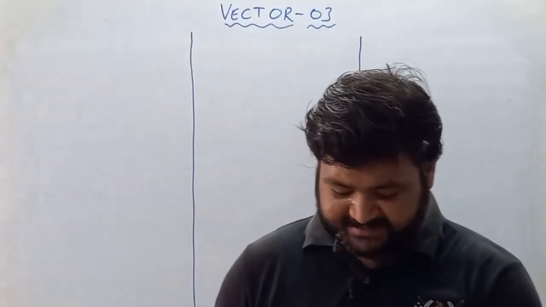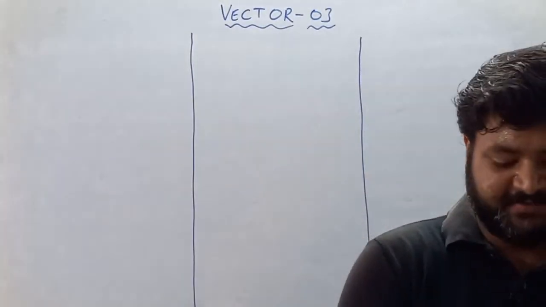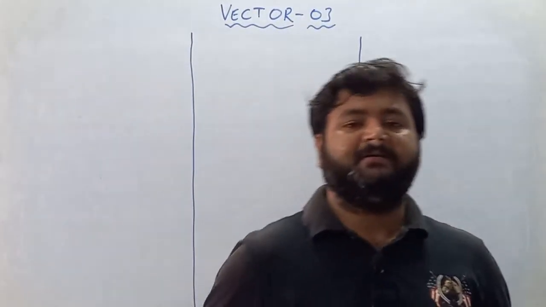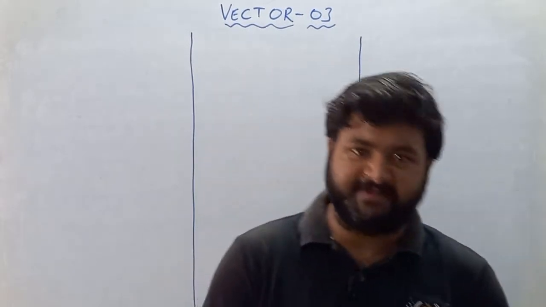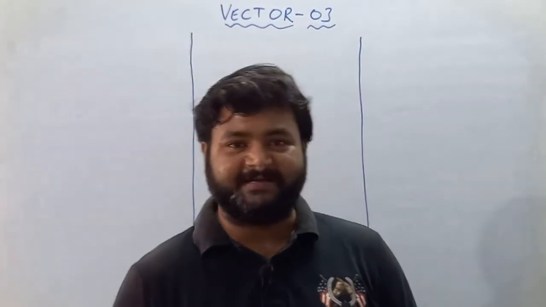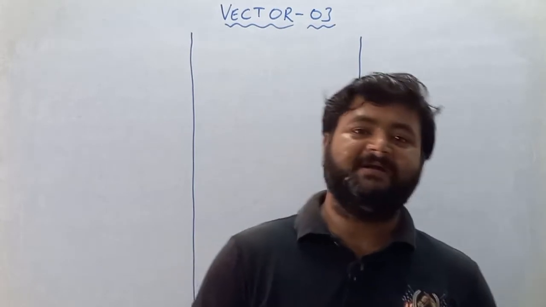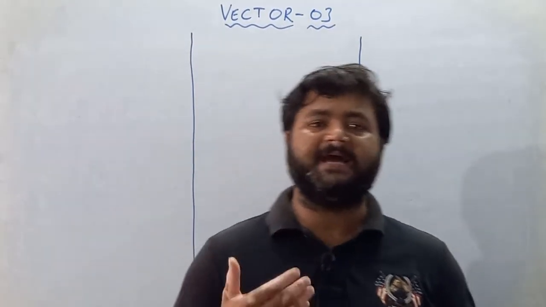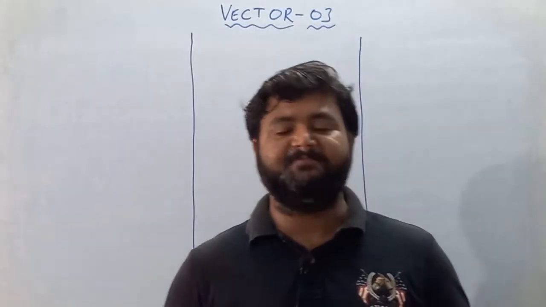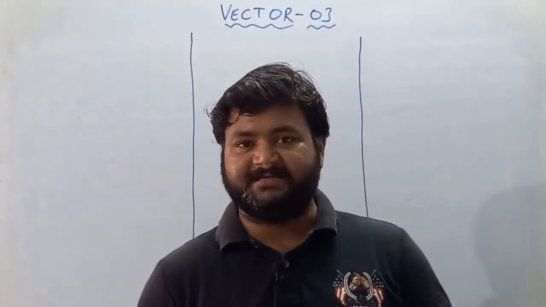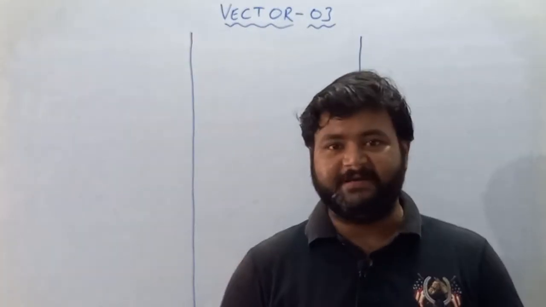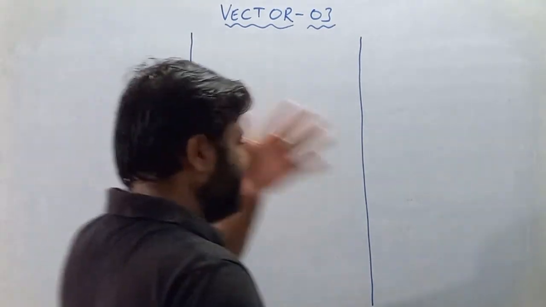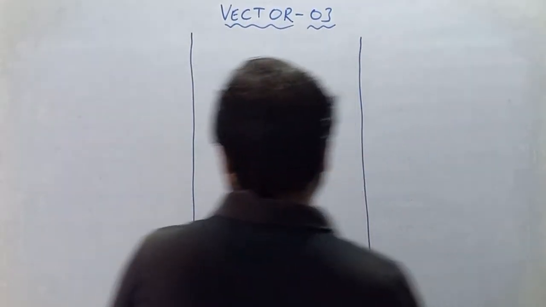It's your third lecture. In the last lecture we understood the types of vectors, how we represent the vectors and what the types of vectors are. Now we'll move forward to how to express a vector in terms of i cap, j cap and k cap, its magnitude and its direction. Now moving forward, we'll discuss today resultant vector. So write down the heading resultant vector.